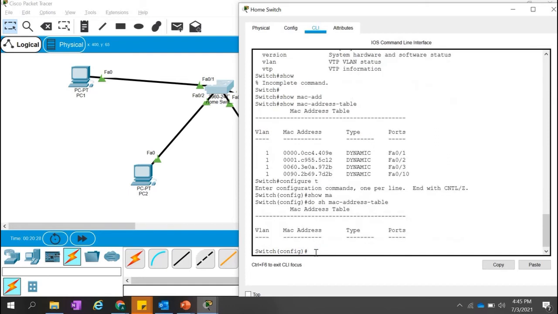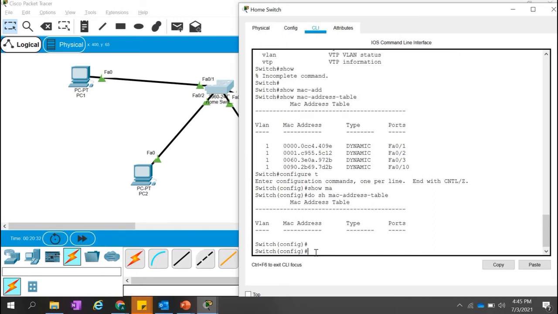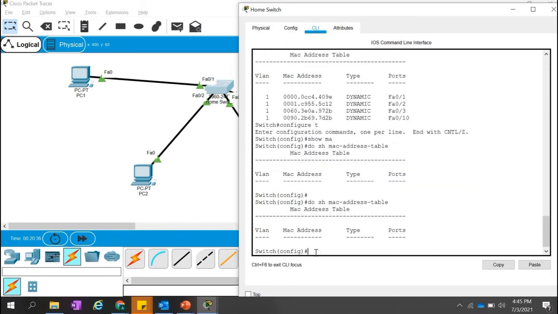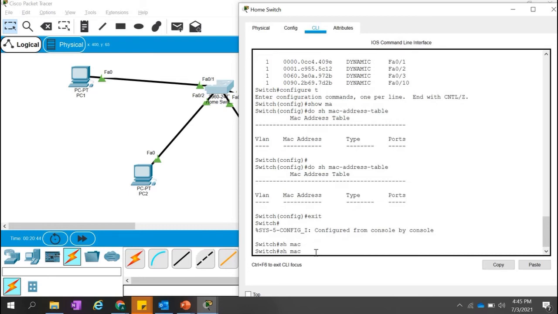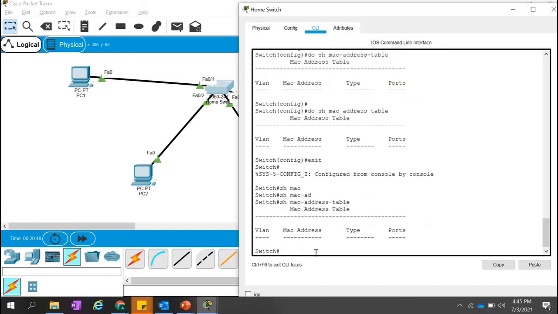Then it will show you. Oh, MACs are empty. Exit. Show MAC address. Now I think the MAC address table is clear.